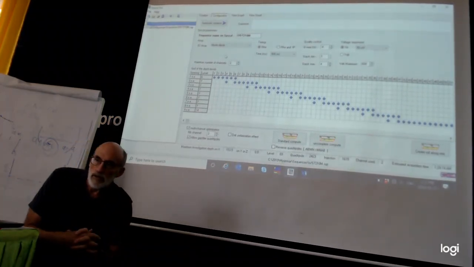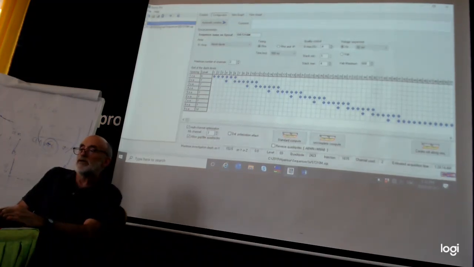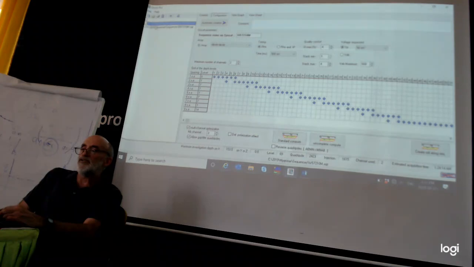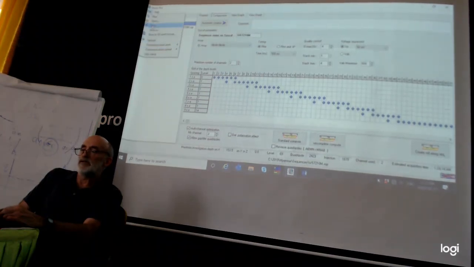So if you want to make a new file, then you should